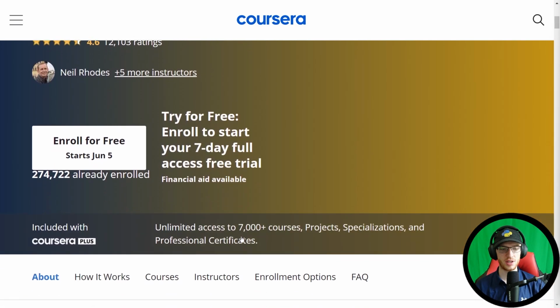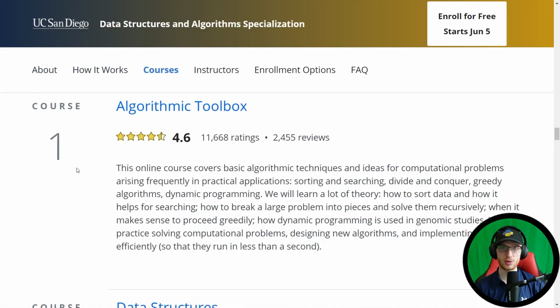So essentially, straight to the courses. Course 1, the Algorithmic Toolbox, very good ratings. This online course covers basic algorithmic techniques and ideas for computational problems arising frequently in practical applications: sorting and searching, divide and conquer, greedy algorithms, and dynamic programming. We learn a lot of theory. This is a theoretical course, okay? Keep this in mind. This stuff is a lot of theory, but it's really important theory